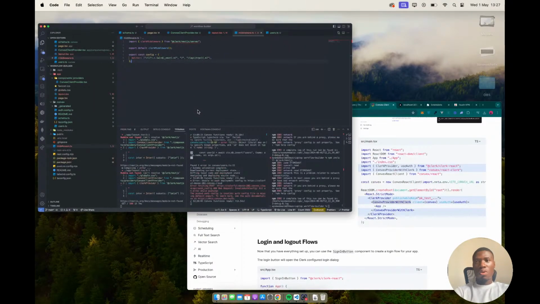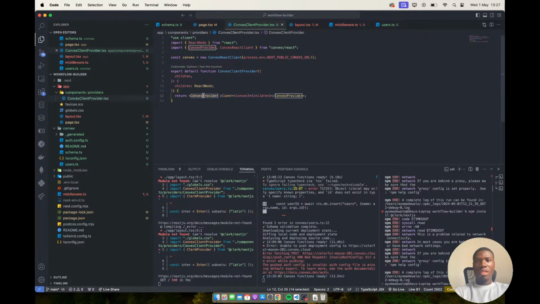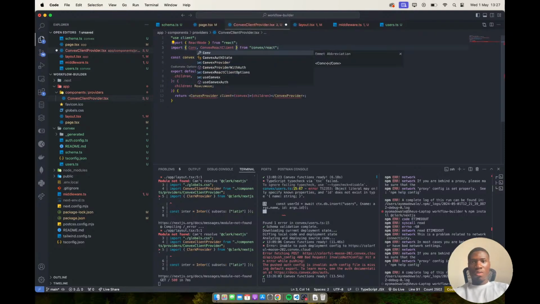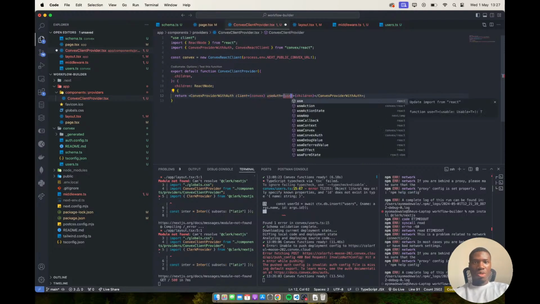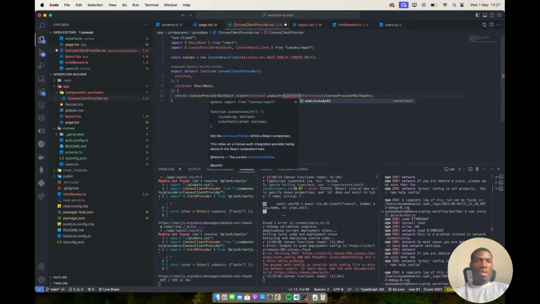So in the Convex provider here, we're going to be using Convex provider with auth, right? And we have the client, and then we have the use auth, that is going to be coming from